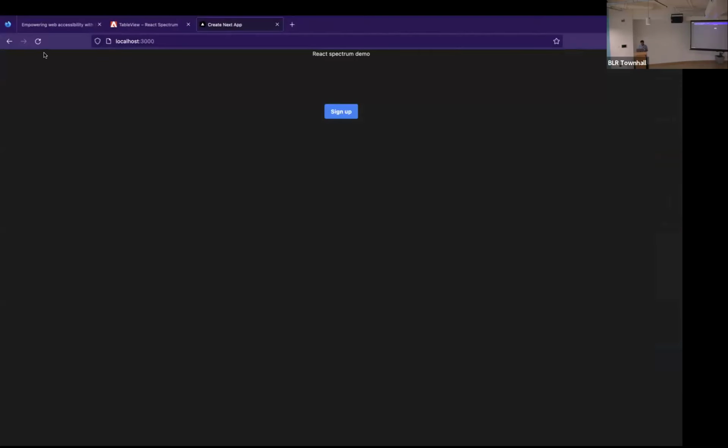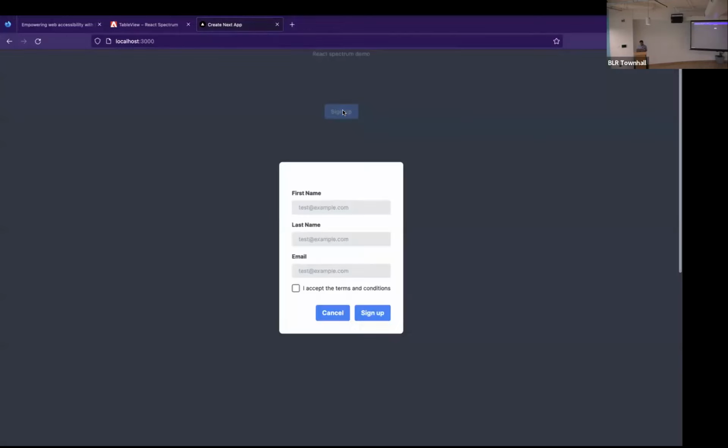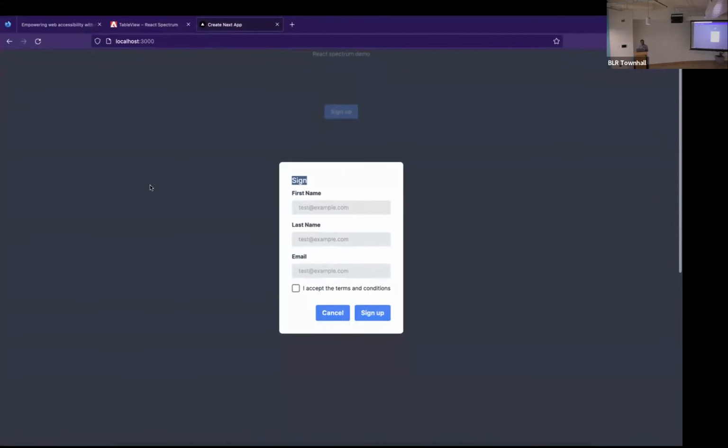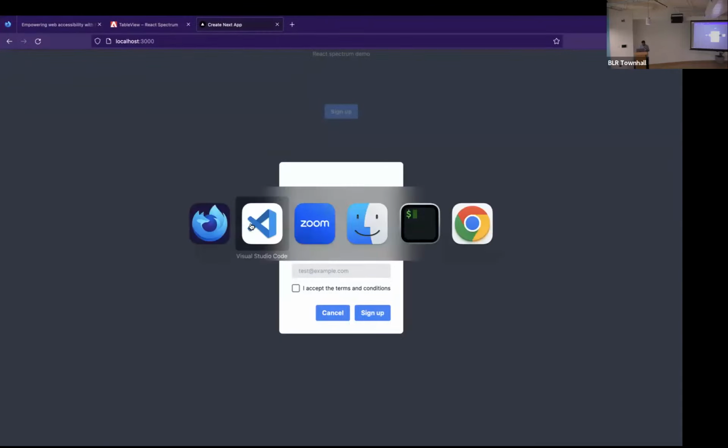Now another thing I want to demonstrate is that when I open this dialog, I want the focus to automatically be on the first element. I want that to happen automatically. Currently, it's not happening, right? And if I click outside or press escape, the modal is not getting closed. So for doing that, what we need to do is